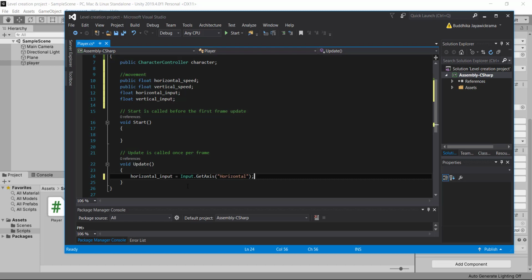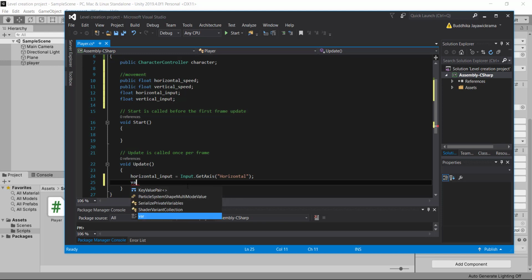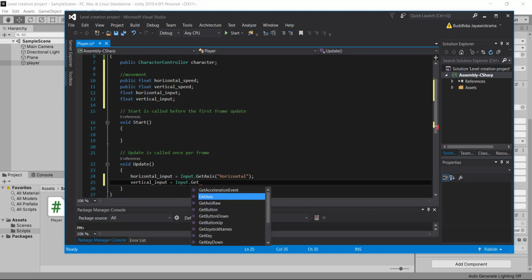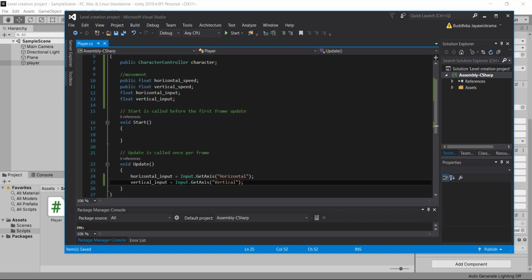Now the input along the horizontal axis in the engine will be assigned to the horizontal input variable. Just like this, I am going to take the input of the vertical axis into the vertical input variable. Now we can use these horizontal input and vertical input values to move the character controller.